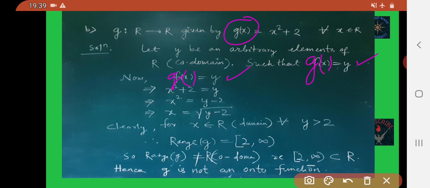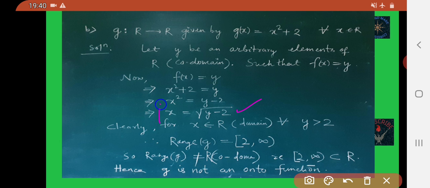Now g of x is your x square plus what? 2. So here you write x square plus 2 is equal to y. 2 you take to the right side, then minus 2. So x square is equal to y minus 2. And x is equal to what? Now the square root of y minus 2.